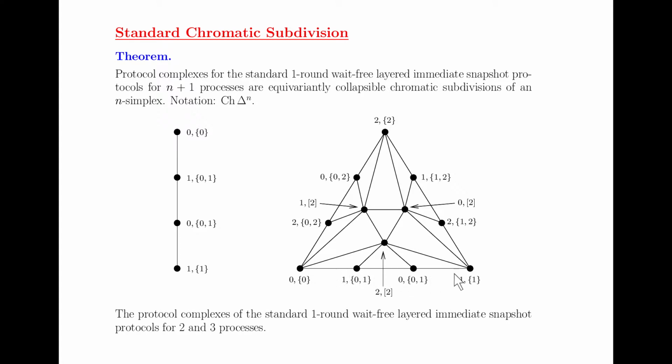If you go to 3 processes, then you see a picture like that, where each vertex corresponds to a view. So if you have 3 guys and they each write and read once, the view of each process is simply a set of what he's seen. He's seen himself and maybe someone else. Okay, so there are 4 possibilities for each guy, so it's going to be 12 vertices. But there are going to be 13 possible executions, because these will be strings of writes and reads, under a little technical condition of interleaving. So it's actually very easy to calculate the number.